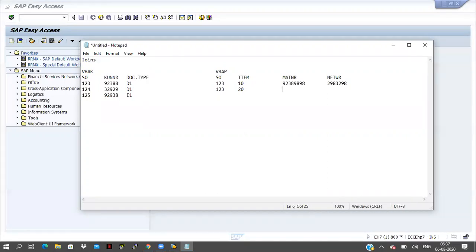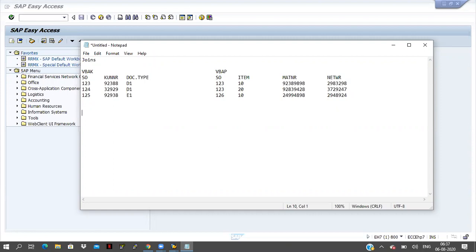Here 126 is there, item number 10 is there, and some material number and price are there.